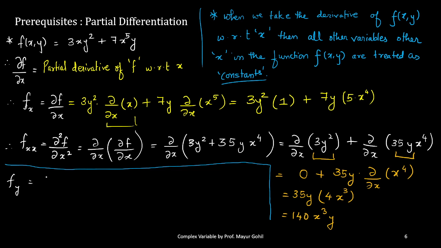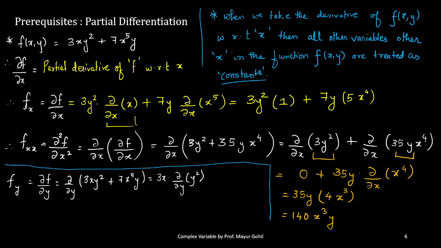So that means it is ∂f/∂y. Now when we want to take the derivative with respect to y, it will give me ∂/∂y, and the function is 3xy² plus 7x raised to 5 times y. So 3x is treated as constant, so it will come outside. So 3x ∂/∂y